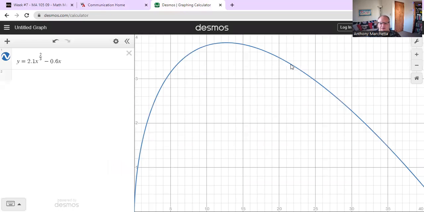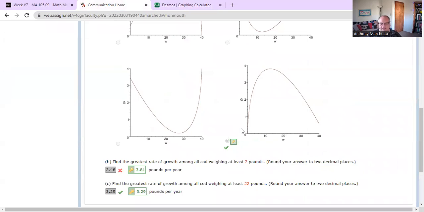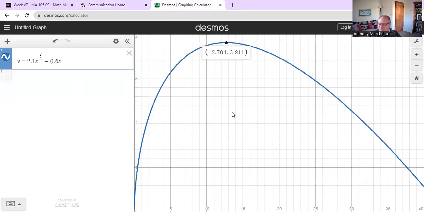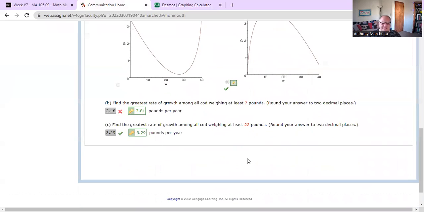I'll just click on the blue line anywhere, and a gray dot is there. I'll click on the dot, and as you can see, 12.704, 3.811. Our answer is supposed to be 3.81. Okay. The next thing is saying find the greatest